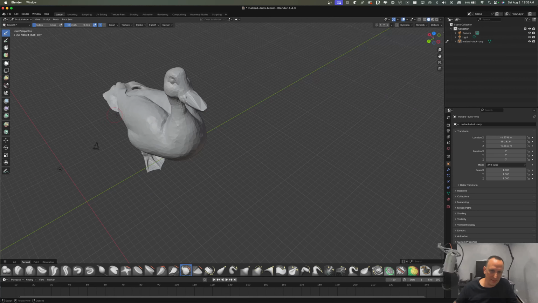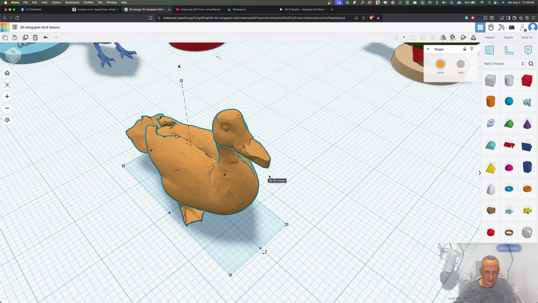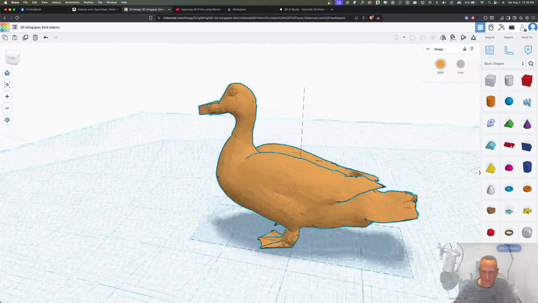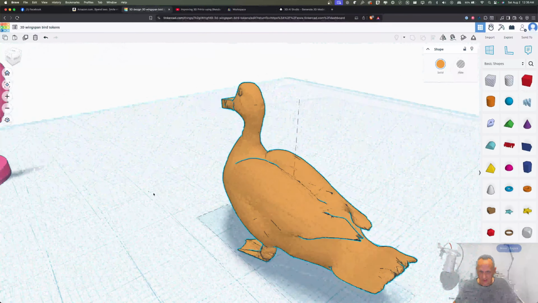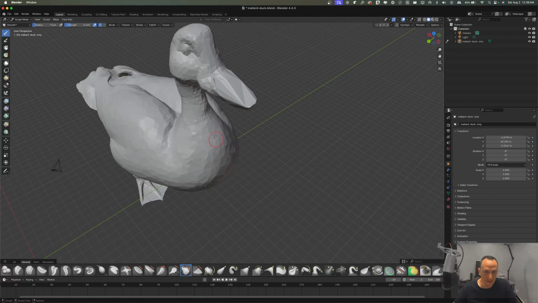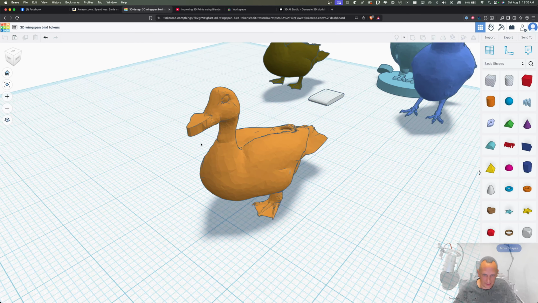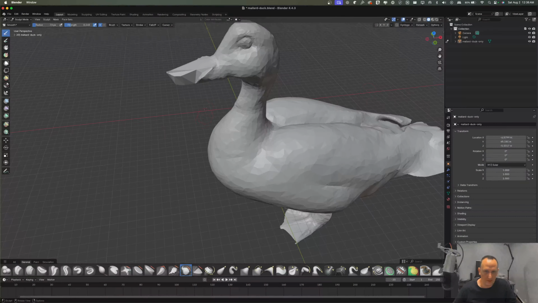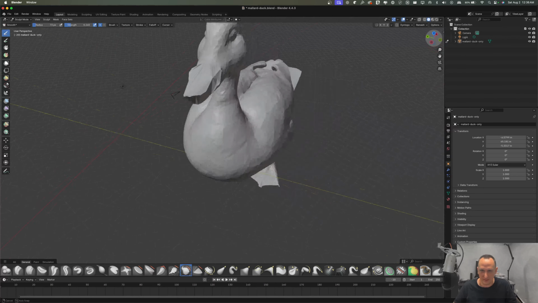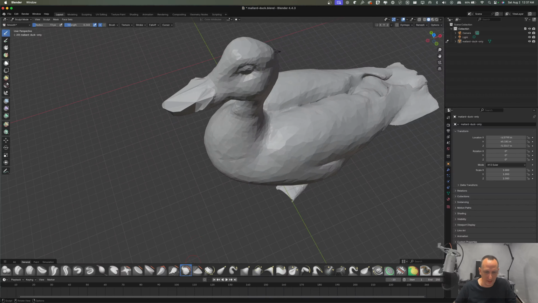Wait, it doesn't look the same, does it? It looks different. Hold on. We got the right thing? No, it doesn't look like it's the same, right? Oh, maybe it is. It just didn't import like I thought it was going to be. So if I look at this guy, it's weird how things don't look the same. I guess it's the same, but just the STL is different, I guess. Let's go ahead and go back in. I want to do some more things in here first. So let's go back here and export this again. It doesn't look like it's the same thing. I'm gonna actually do another